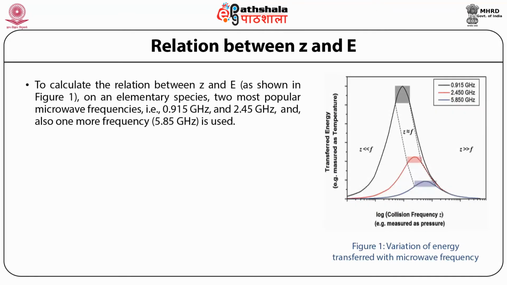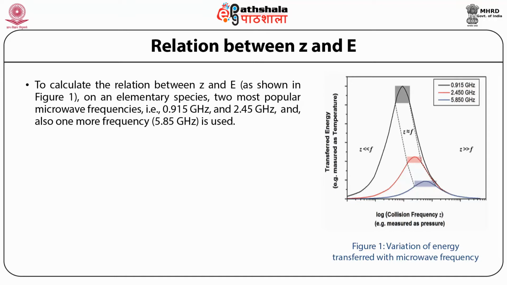The schematic representation of the calculated relation between Z and E is shown in figure 1 on an elementary species. This is achieved by using two most popular microwave frequencies, that is